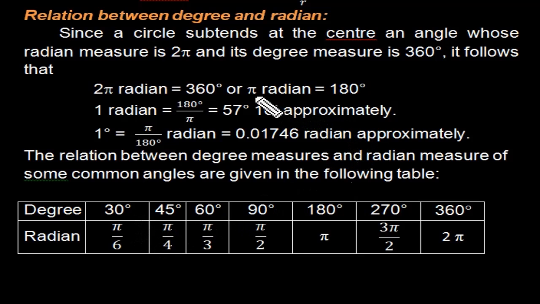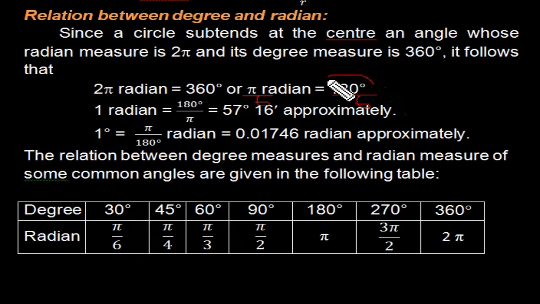As we know that pi radian is equal to 180 degrees. I want to bring this 180 to 30. So what to do? We have to divide this by 6. When I divide both sides by 6, here it becomes pi by 6. Pi by 6 radian is equal to 30 degrees. That's how we convert it.